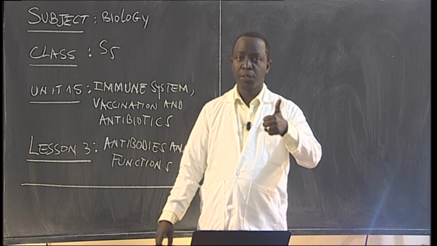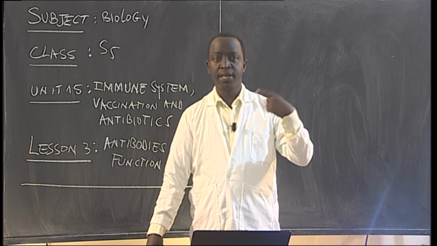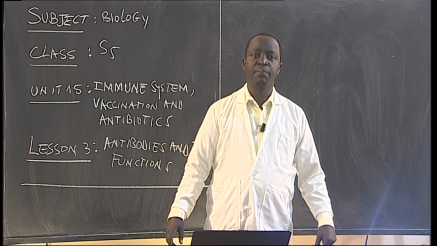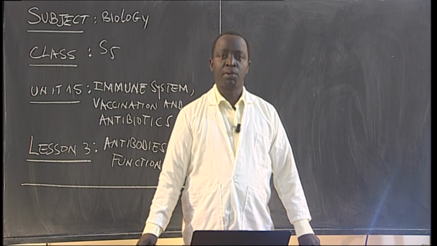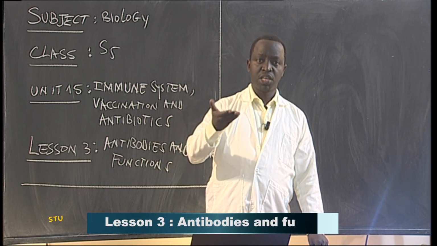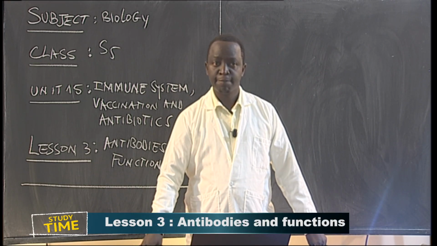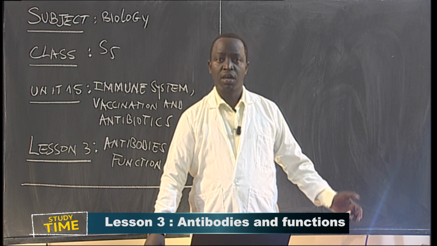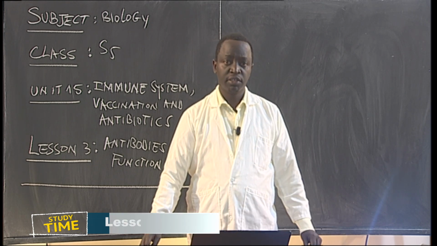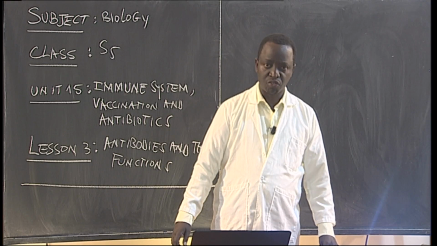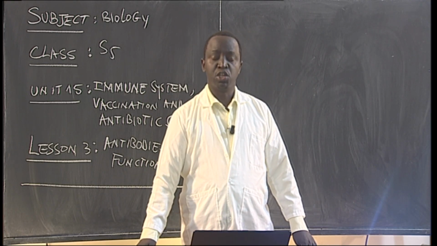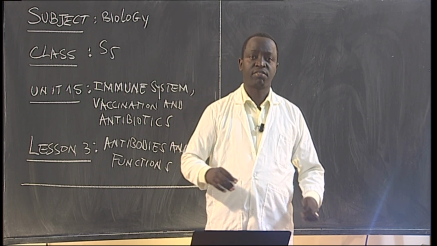They are stimulated when there is foreign material that can harm our body. If those foreign materials enter into our body, those antibodies have to be stimulated in order to fight against those